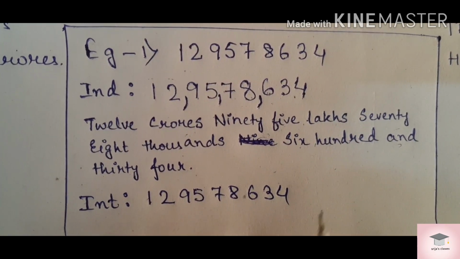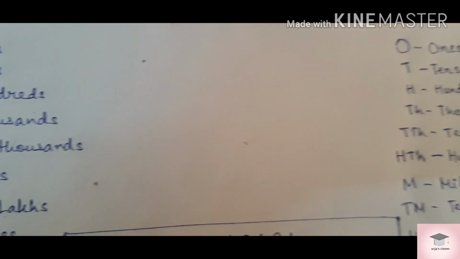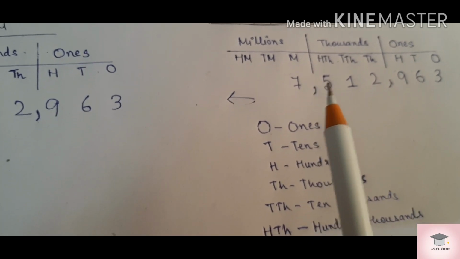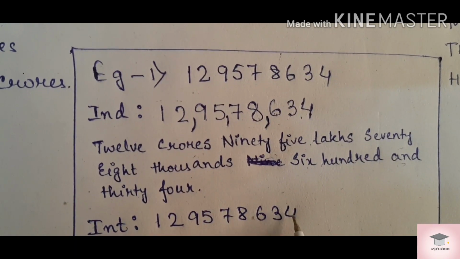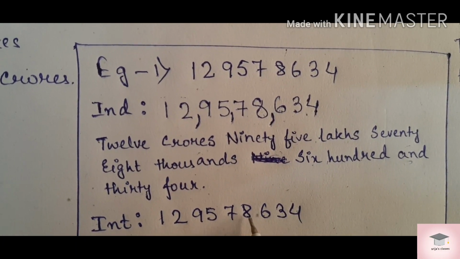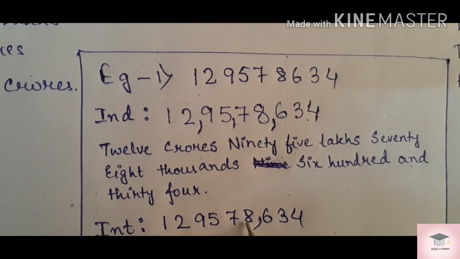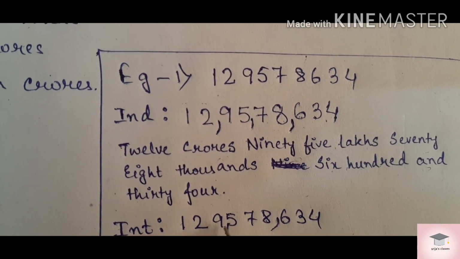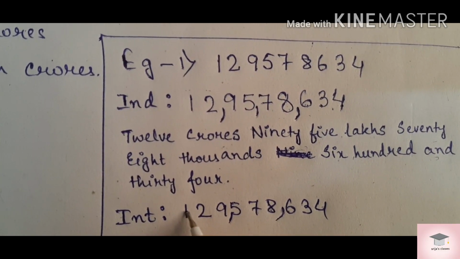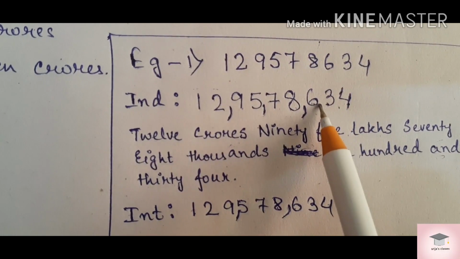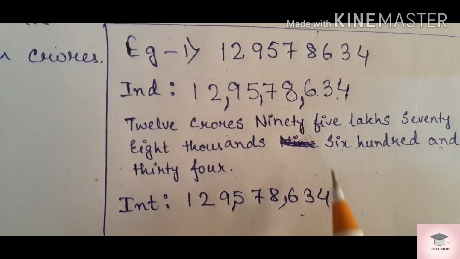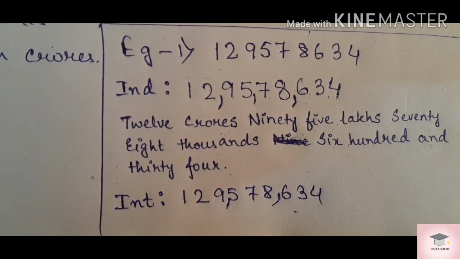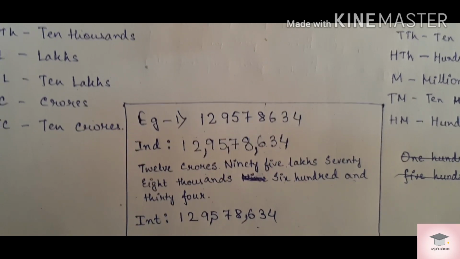Now how will we write it in the international number system? In the international number system, we put the commas after 3. So after we complete ones period, after we complete thousands period. So here after we complete ones period, ones, tens, 100. So we'll put a comma over here. 1000, 10,000, 100,000 and then the comma. Then million, 10 million, 100 million. So here you can see the difference between the Indian and international number system. The first comma is the same, but here the comma was here. We changed to here.